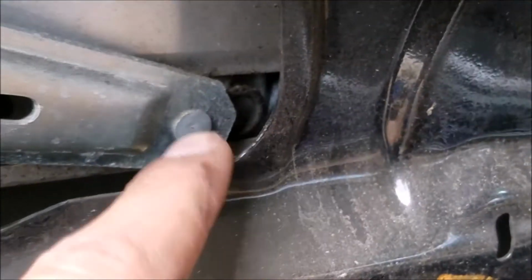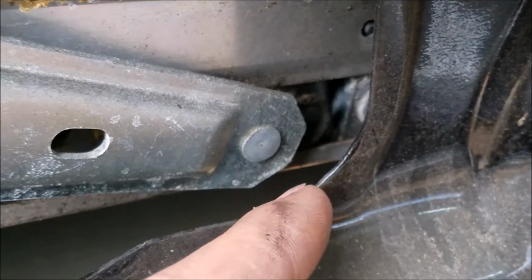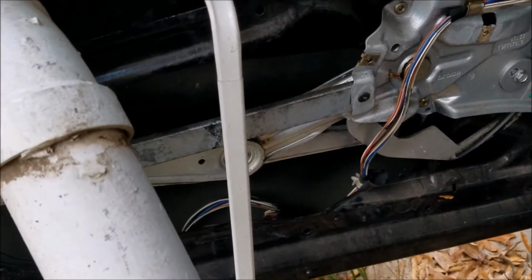Alright, so here's the second one that you need to get out. Here's the little clip. Just take a screwdriver and pull it back, pop out the regulator. Now, once you've got that last